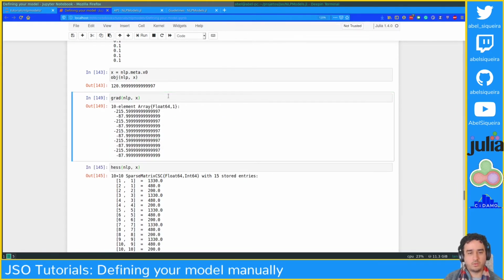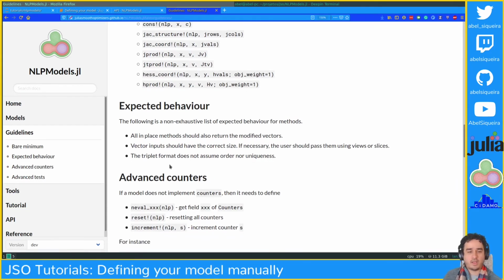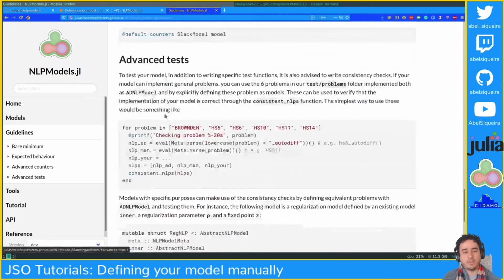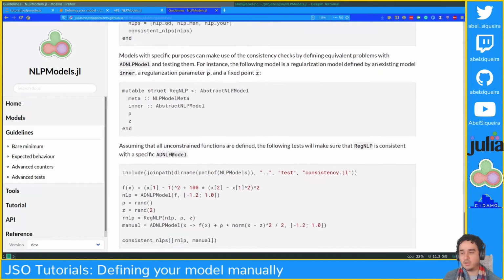so if you want to pass a larger vector, you can use a view. Another part of the guideline, we do not assume order nor uniqueness in the triplet format, as I said, of course. Okay, there is some information on advanced counters and advanced tests if you want to use them. Okay, so that's it for our